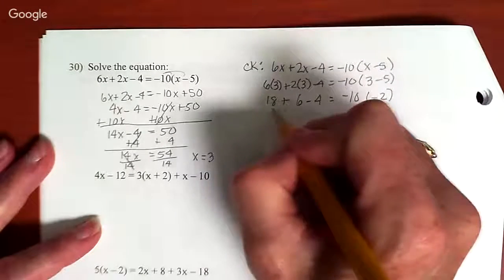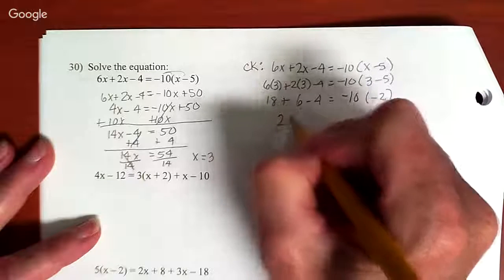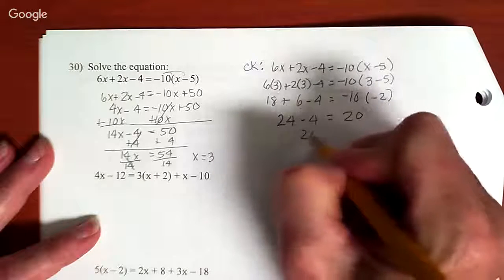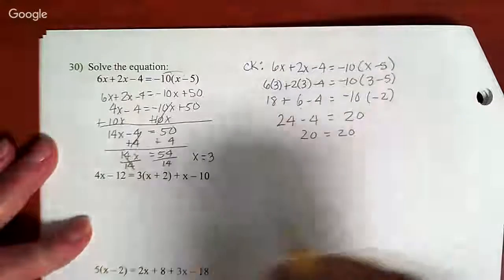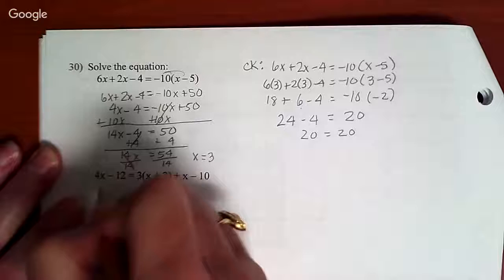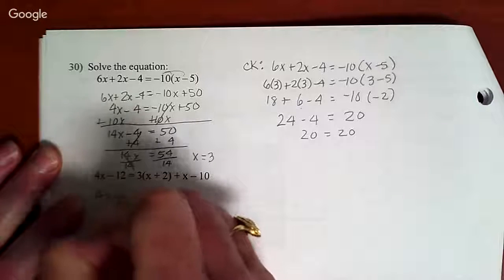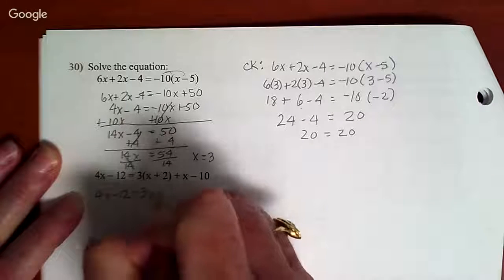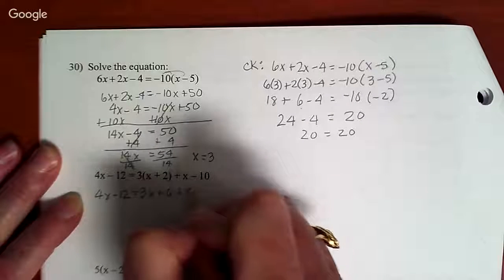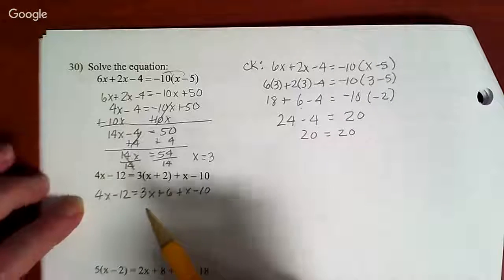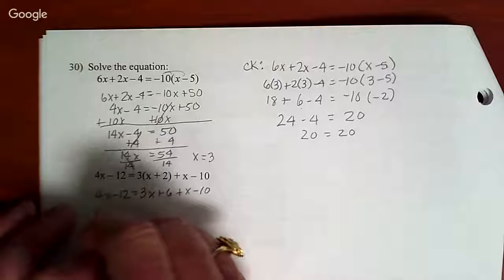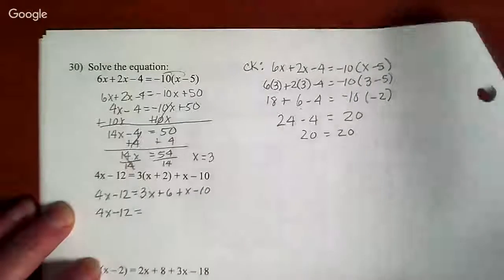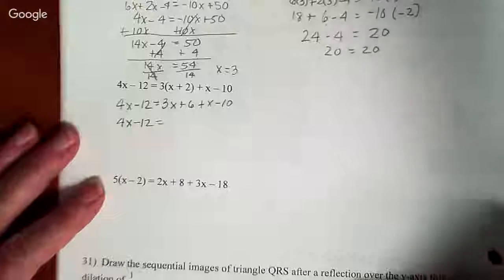All right, so we have 18 plus 6 is 24, minus 4 equals 20, and 20 equals 20. All right, so for this one, we've got 4x minus 12, and here we've got equals 3x plus 6 plus x minus 10. So now we have 4x minus 12 equals, move this up just a little bit,